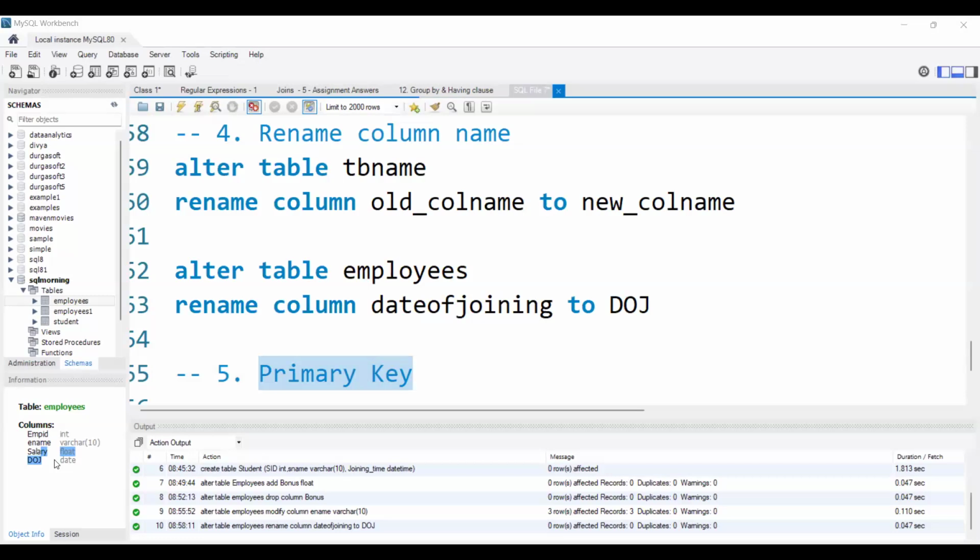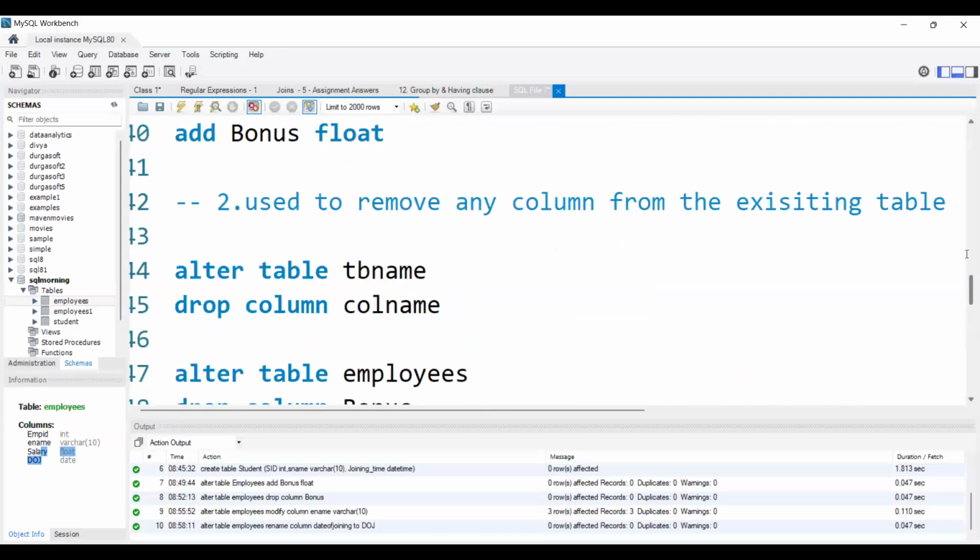That is not rename then. If you wanted to change the data, you are asking, right? Suppose I already gave some data. If I wanted to change the data, for example,